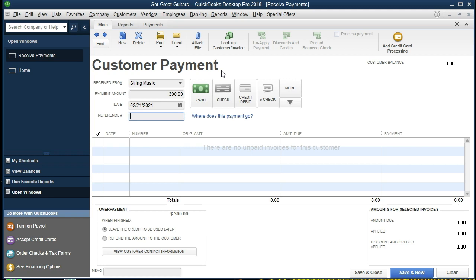The other side of it, you would think, would be decreasing a particular person's receivable, typically when we have a customer payment. But we don't have any invoice here. What it's going to create then is a negative receivable for string music. That is odd. That's not normal accrual accounting, but it works well within QuickBooks, meaning normal accrual accounting would say